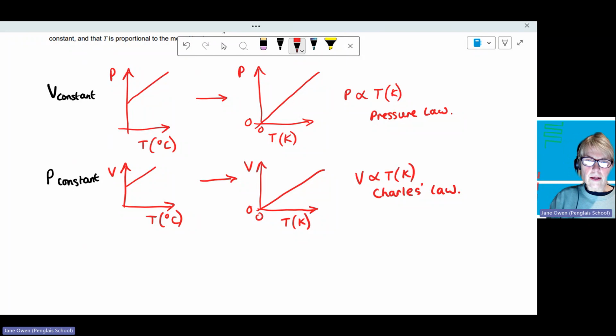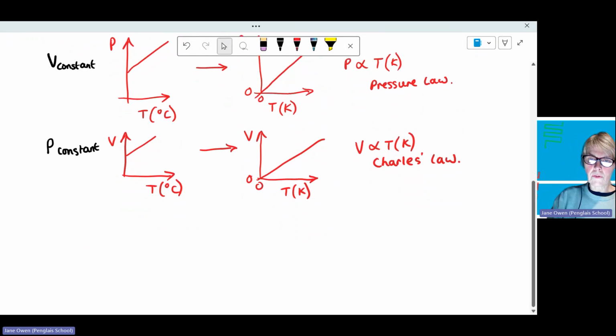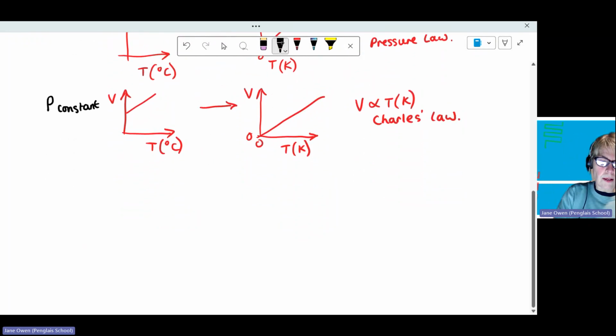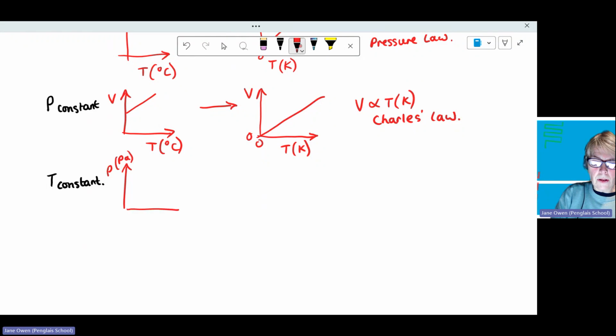Then let's have a look at if we kept the temperature constant. So if we keep temperature constant, and this time we're looking at measuring the pressure and the volume. The pressure measured in pascals against the volume in meters cubed. We find that as the pressure increases, the volume will decrease. So we get this kind of curve,